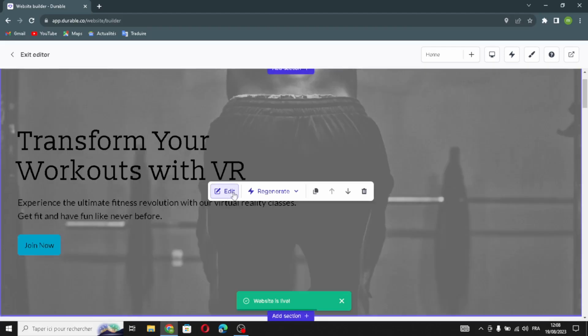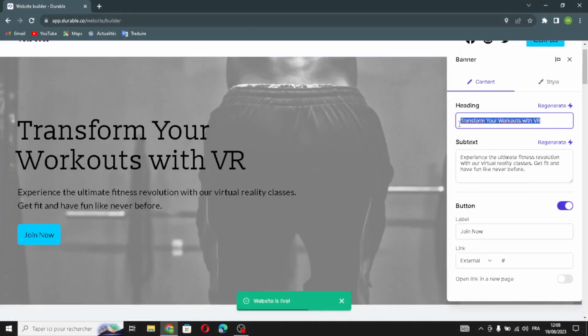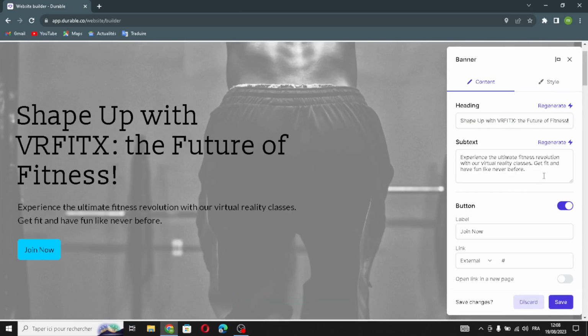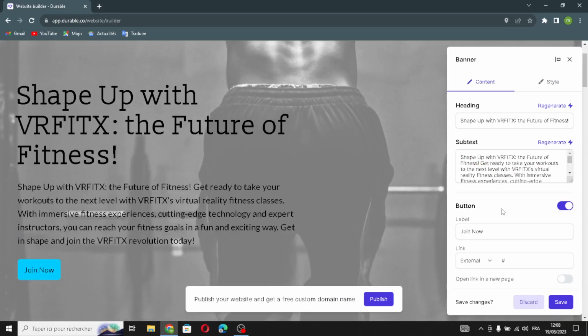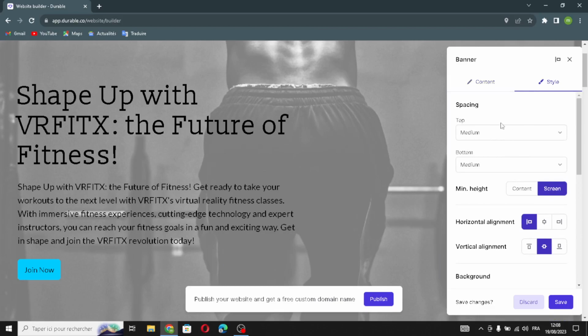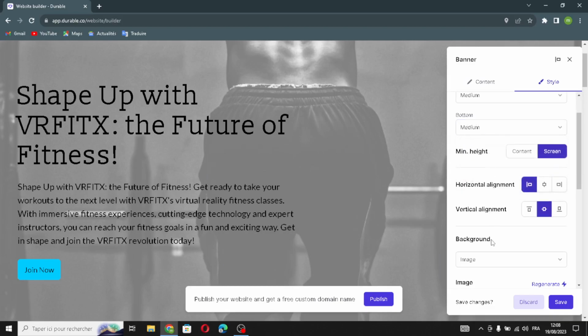The next section, the banner of the website. If you want to change the heading, you can just click regenerate and it will be changed. If you want to change the subtext, you can just click regenerate and it will be changed. Also here, if you want to change the label or add a new label, if you want to change the link or add the link, here you can turn this on. Also, if you want to edit the style of the section, the spacing, you can make it small or medium or large. If you want to edit the button, the horizontal alignments, the vertical alignments,